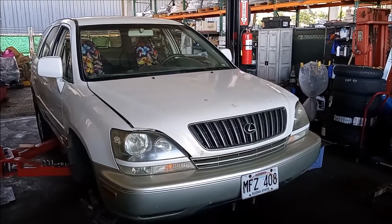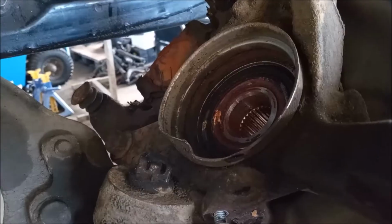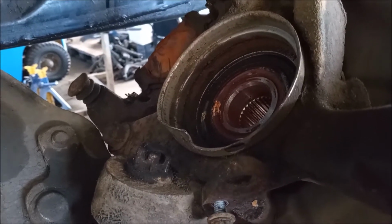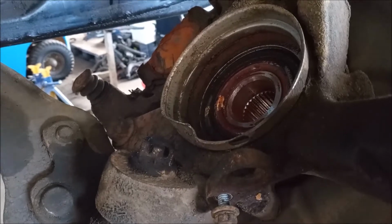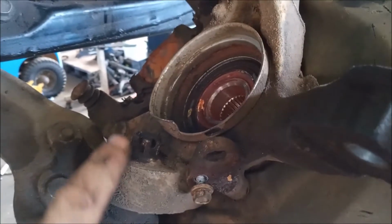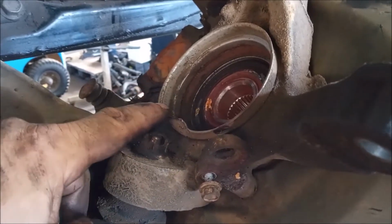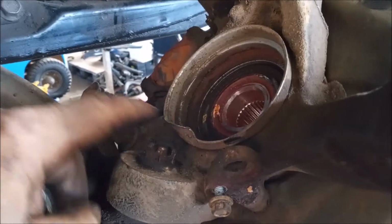This is a 2000 model year Lexus RX300. I'm going to show you a quick tip for removing the ball joint. Right here on the knuckle, on the hub, there's a dust shield for the axle, and with this dust shield